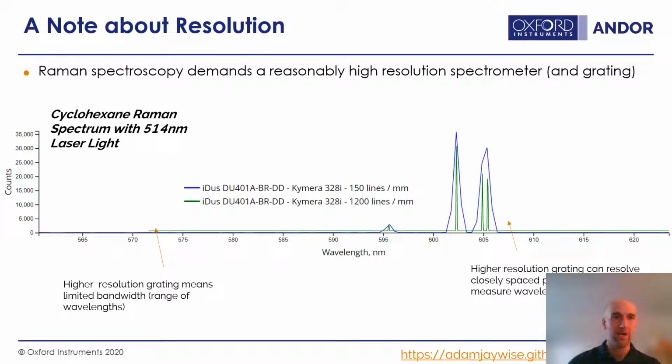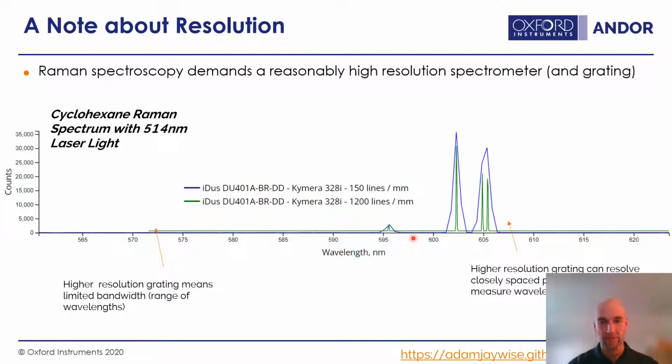So this is a simulated cyclohexane Raman spectrum, and this is my spectrum simulator you can play with, using different size spectrometers, different focal lengths and different gratings. So here's a Chimera 328 with this iStar camera using a 150 line per millimeter grating in blue. That's a low resolution. And then the green is the same spectrometer and camera using a 1200 line per millimeter